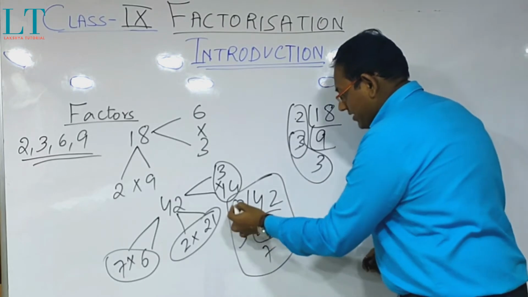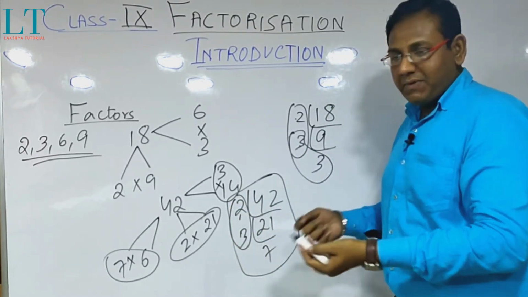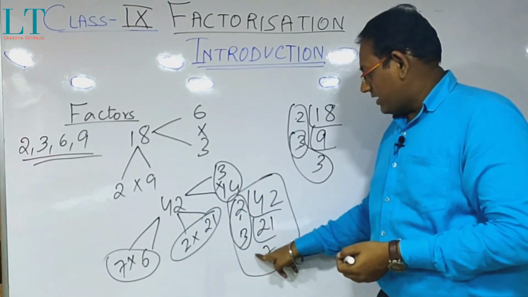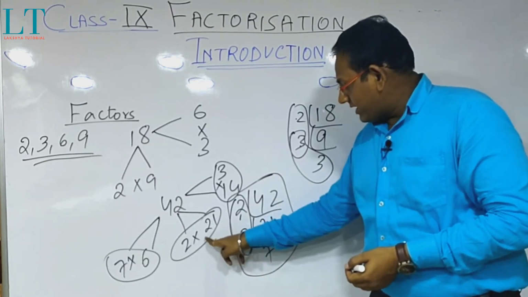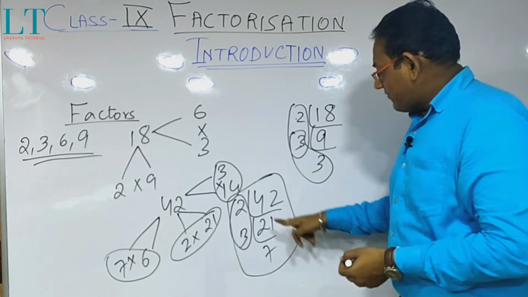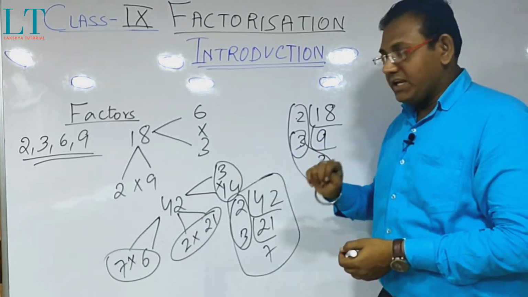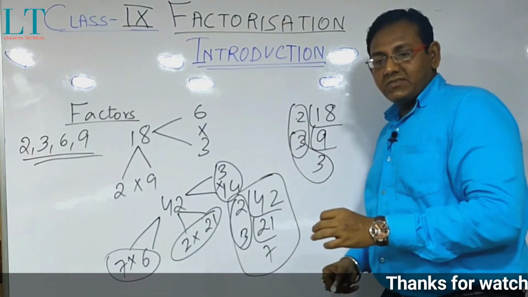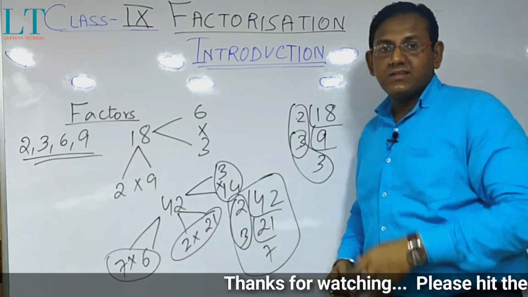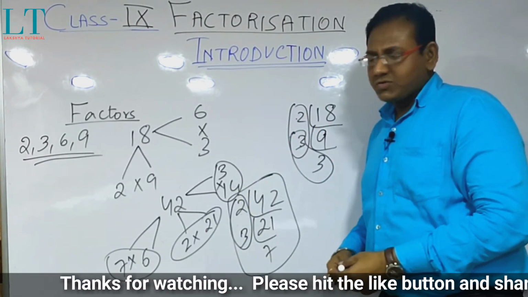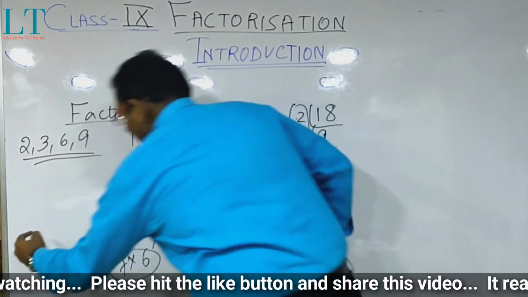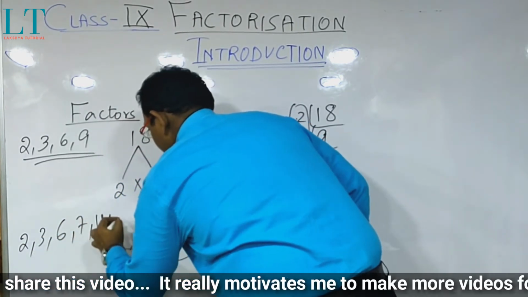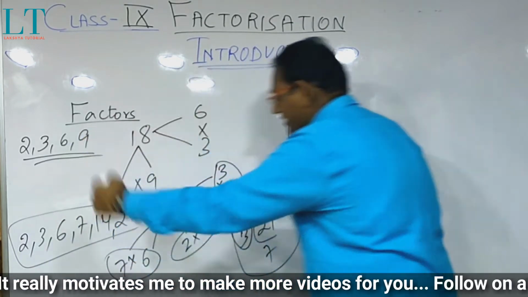Like in this case, I have taken 2 cross 3, that means if I combine 2 and 3 I will get 6, and 7 apart. Similarly, if I combine 3 and 7, I will get 21 and 2 separately. Similarly, if I combine 2 and 7, I will get 14 and 3 separately. So there are multiple ways to get the factors of this number, but the basic idea is very simple. You need to do the LCM of that number and then you can get the factors. So what are the factors of this number? The factors will be 2, 3, 6, 7, 14, 21.